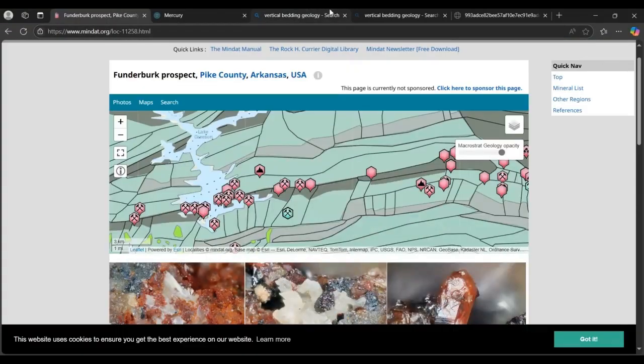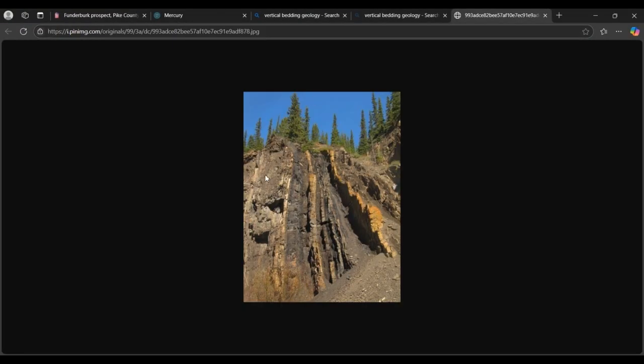a picture. Yeah, here we go. This is kind of what it looked like, but less profound and just in the bottom of a creek, so there's just water running over it. But it was still really cool to see. The mineralization would have been along in these shale gaps and in the sandstone,